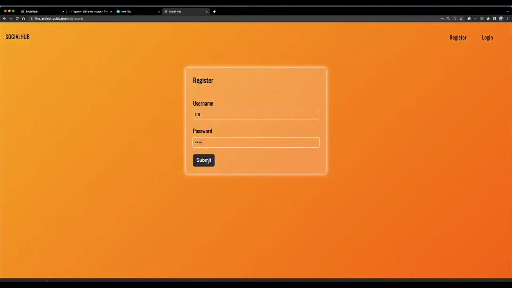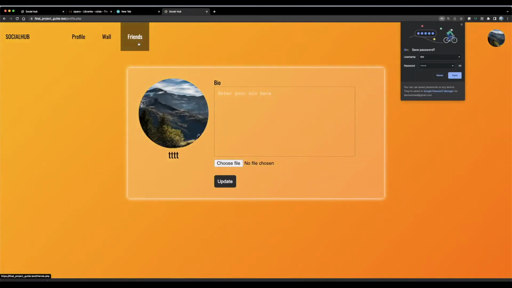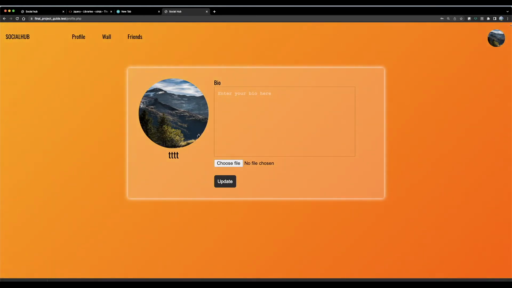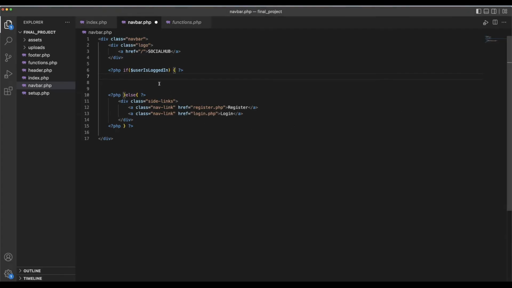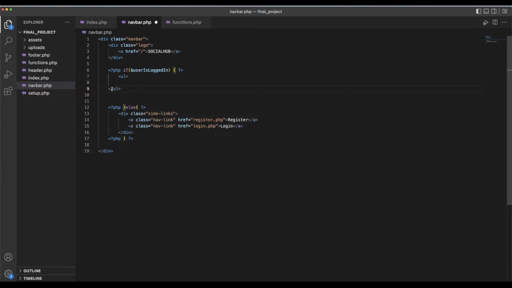If I go to submit, if the user is logged in, we want to see profile, wall, friends, right? So that's what we want to see. Now to do that, we're going to create a UL. And we could have done that down here, to be honest, but we've stuck with div here, and here we're doing UL just to change things up a bit. We'll do UL class nav links, and here we'll do li class nav item this time,